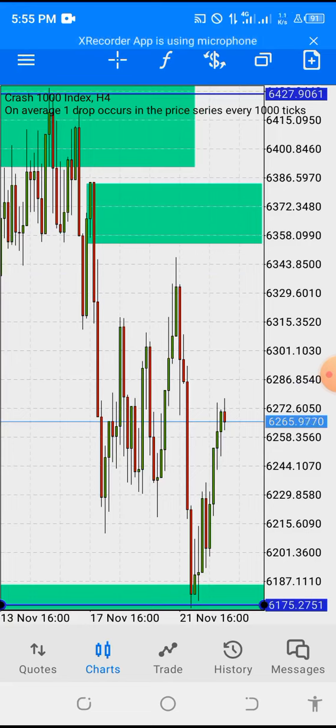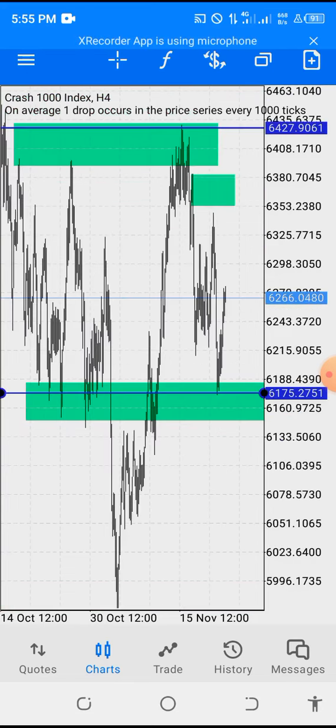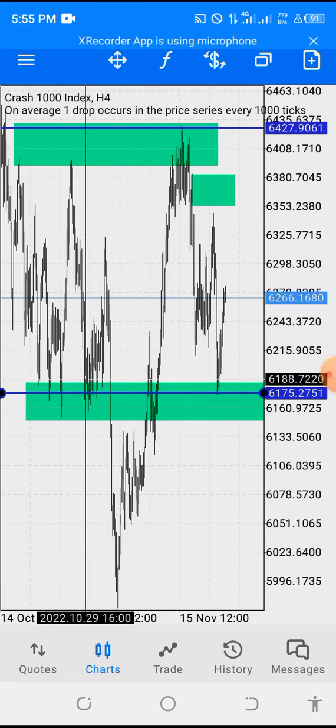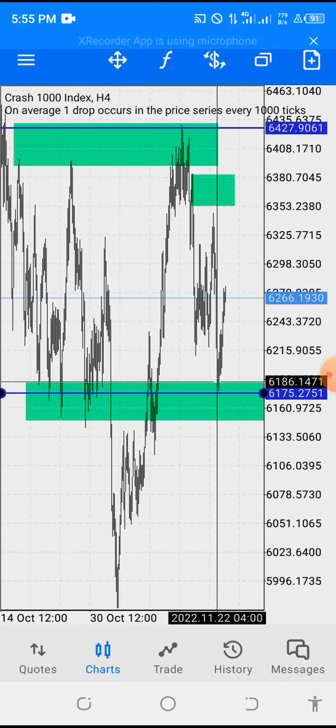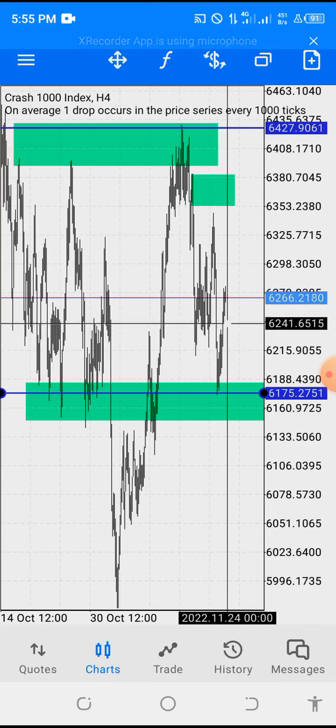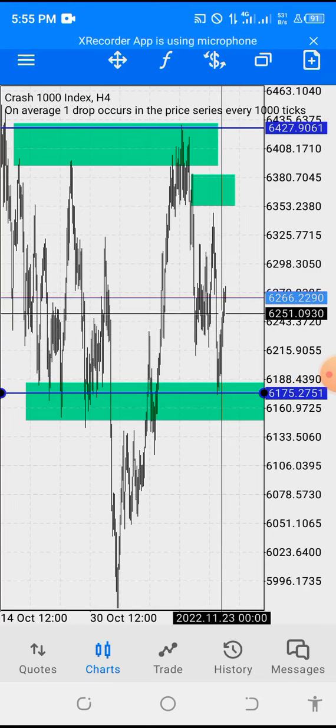So stop trying to scalp boom and crash. What you want to do is wait for price to get to these key levels, then you pick your buy or your sell with confidence. Where you take profit is the next key level. The next key level, my bro. You don't just take profit anywhere, you take your profit at the next key level. Why I took profit around here was because of this support I found here earlier. Depending on your daily target or your risk appetite, how much you want to take in a day is left for you,